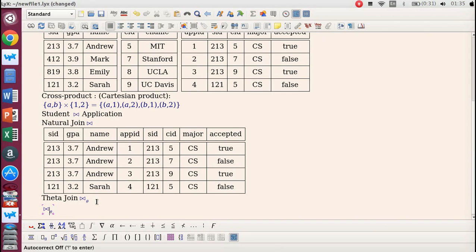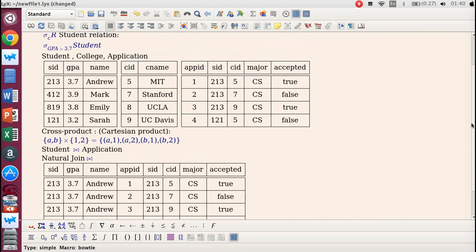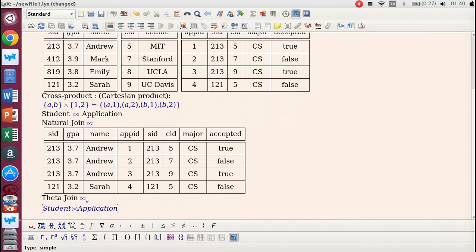So we're going to say, now we're going to theta join student to application where GPA is greater than 3.7. So here's the thing,